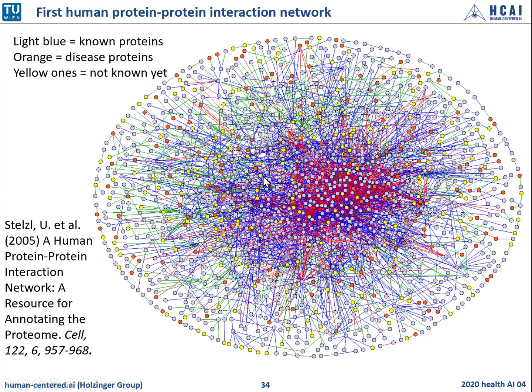And the next is the first human protein-protein interaction network. This was by Uli Stelzl. Uli Stelzl is actually a professor in Graz. And you see these PPIs here are essential for all biological processes, and compiling them provides insights into how this protein functions, how it works. And you see, networks are relevant from a systems biology point of view, and they help to uncover, for example, generic organization principles of functional cellular networks, like here, when both spatial and temporal aspects of interaction are considered, time and space, as I have mentioned before.